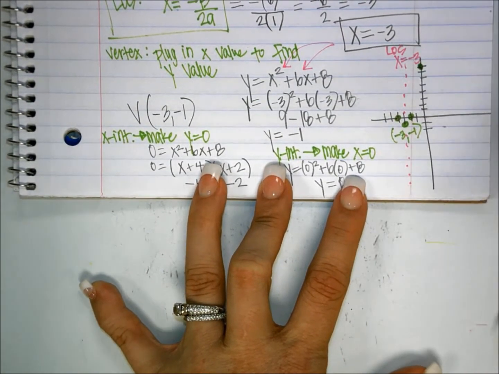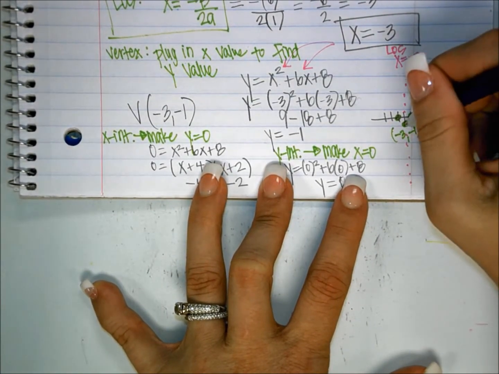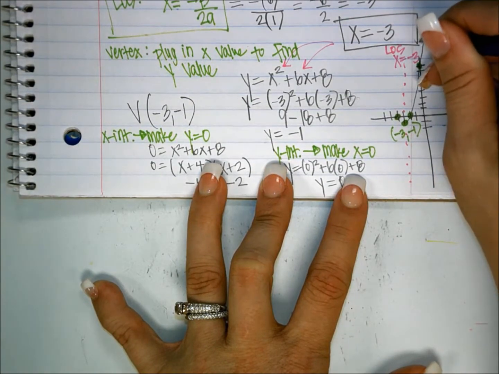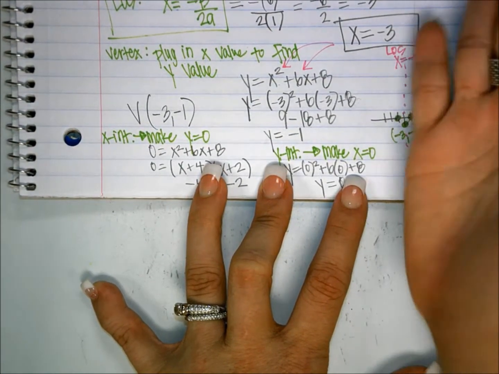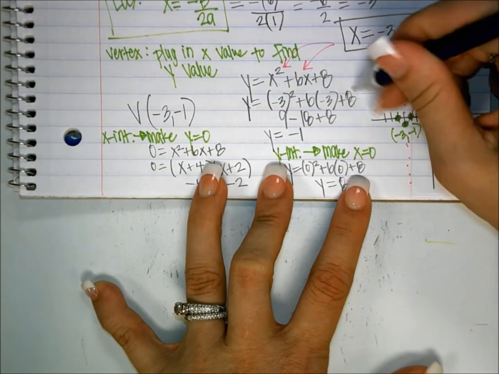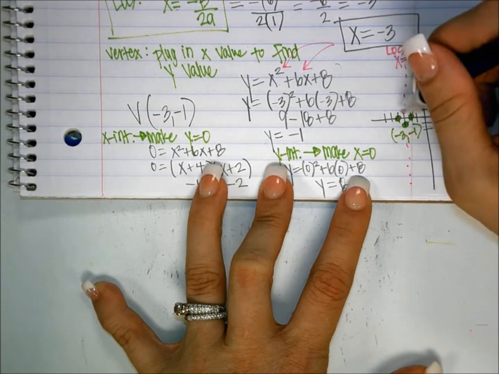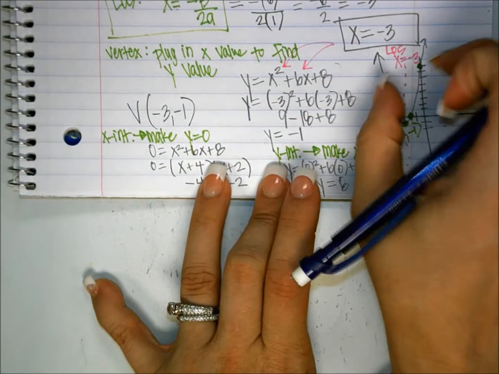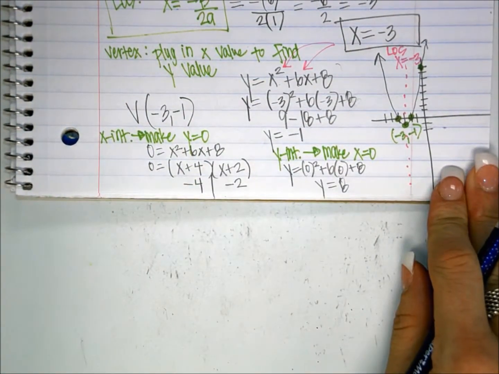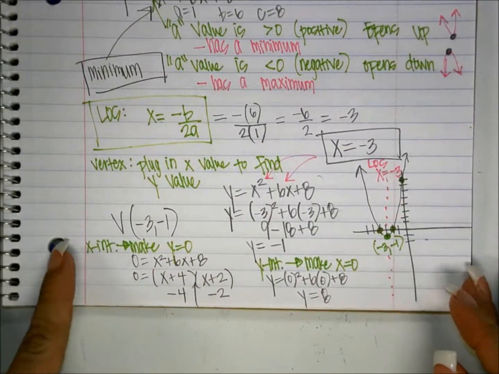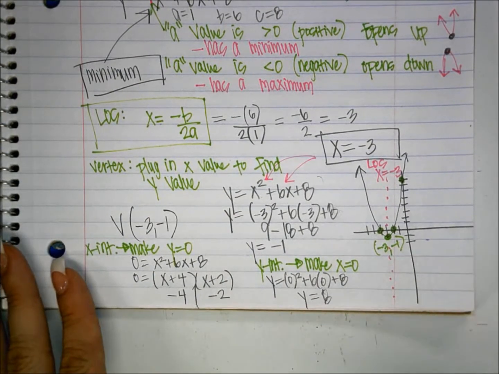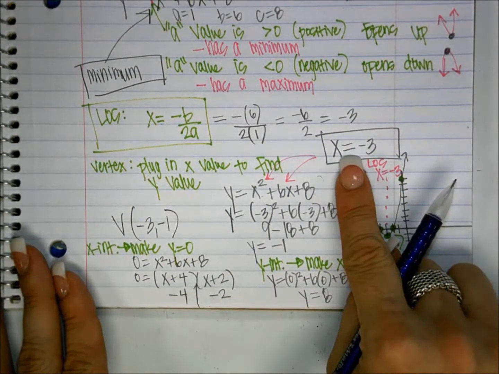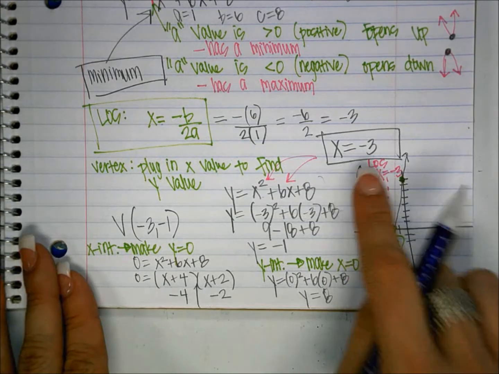Now, you can connect your dots. So these connect to form the right side of your parabola. The left side is exactly a mirror image of that. So don't make it super wide. You want it to be about equal, so make it about the same width. And that is your graph. So I have found all the different parts. I know that my line of symmetry is x equals negative 3. My vertex